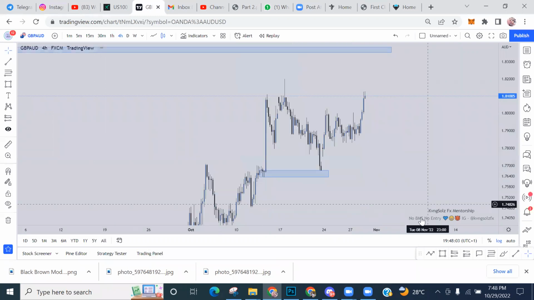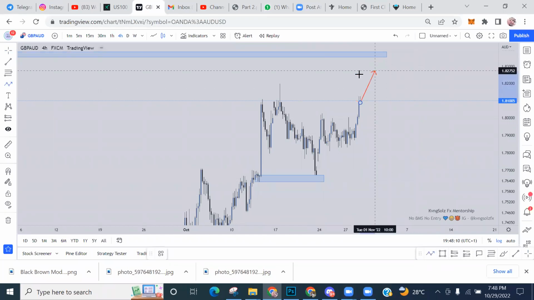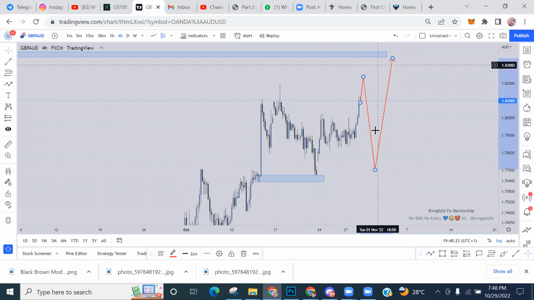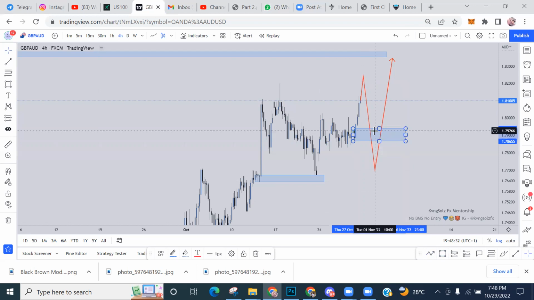You know what? You won't do anything yet. Only if he breaks this guy, right? Then reverses, making this one as your liquidity, you understand? Comes to somewhere here and you go up again. If not, if it comes to this guy, just look for what? A change of character and sell to this point. Sell to this range. You understand me? Have your easy TP here, right? And then you're good. That's all.